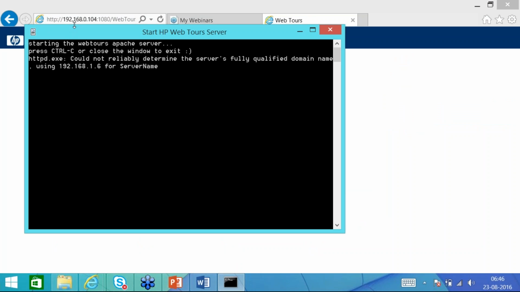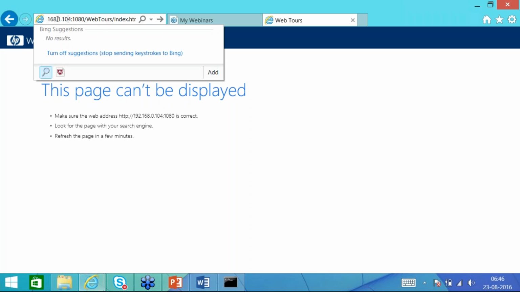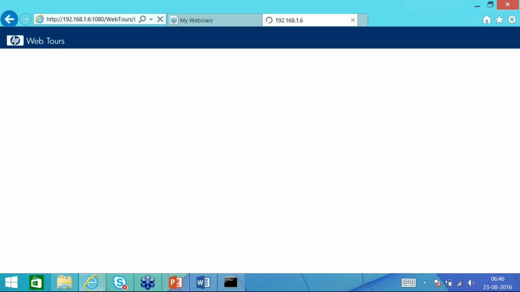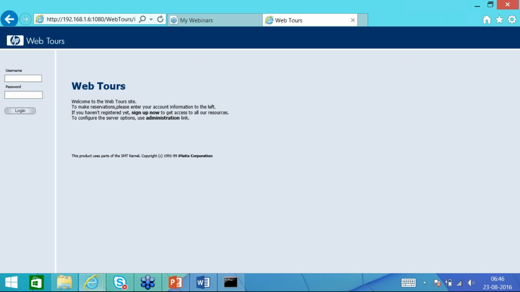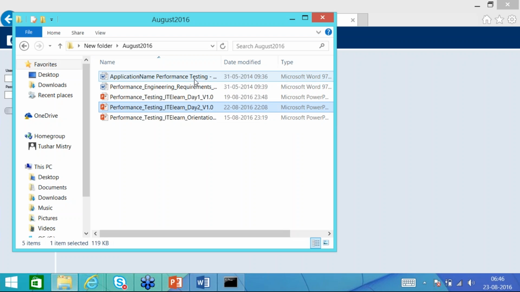Instead of 192.168.0.104, it's 192.168.1.6. So you can just change it here. And I will just open the requirement gathering